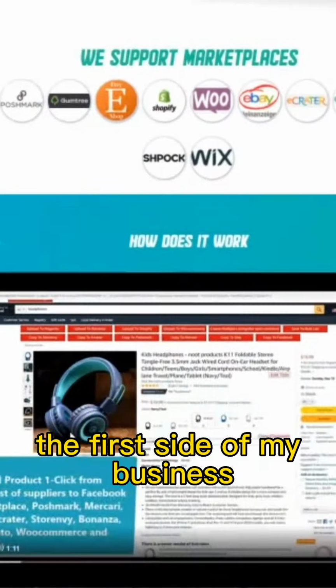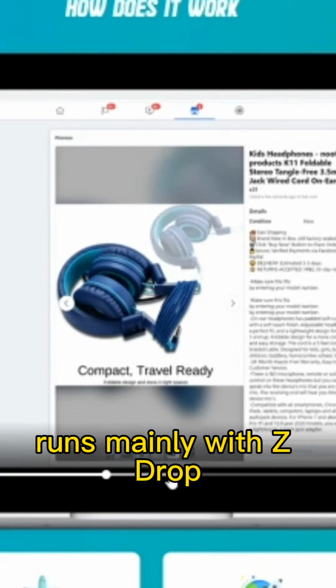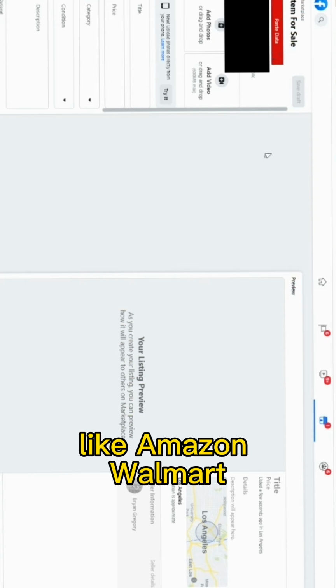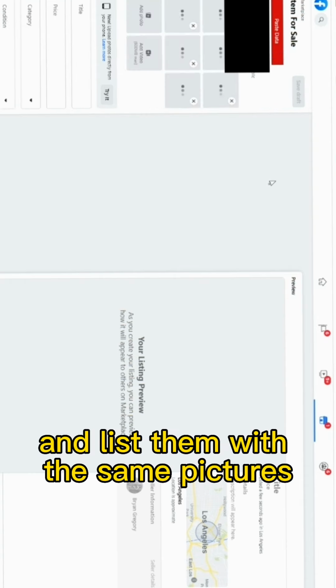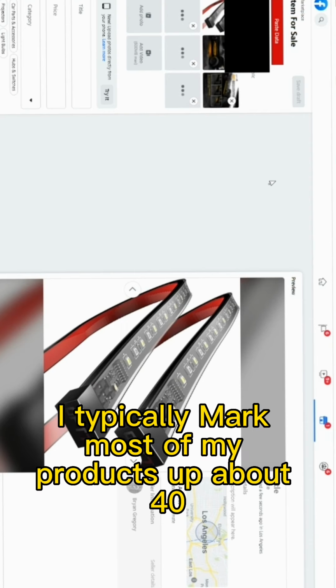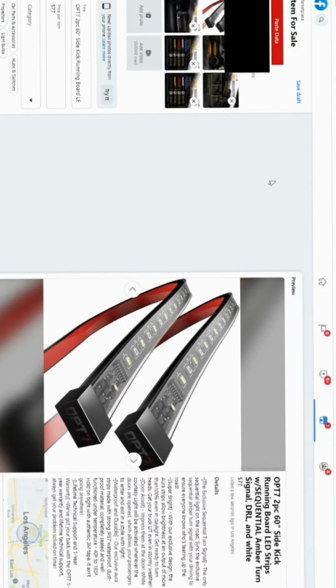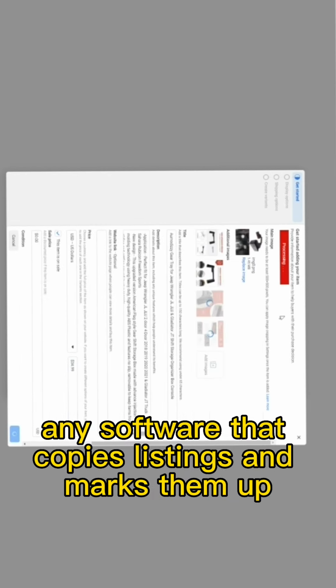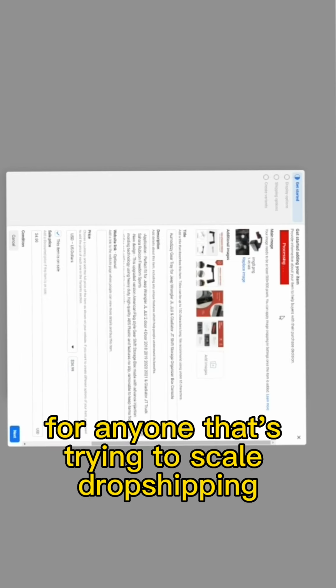So the first side of my business runs mainly with Zdrop. Zdrop is a software that pulls listings from sites like Amazon, Walmart, eBay, and so on, and lists them with the same pictures, titles, and descriptions at a markup in price. I typically mark most of my products up about 40%, and that seems to work pretty well for me. Any software that copies listings and marks them up like this is a must for anyone that's trying to scale